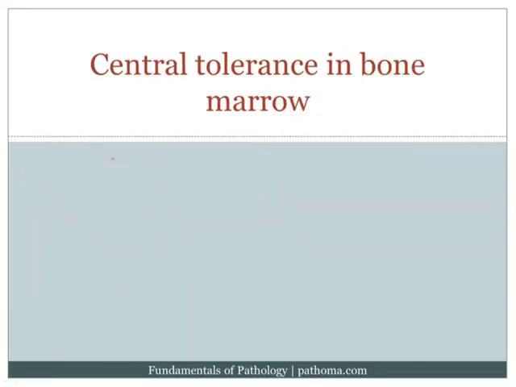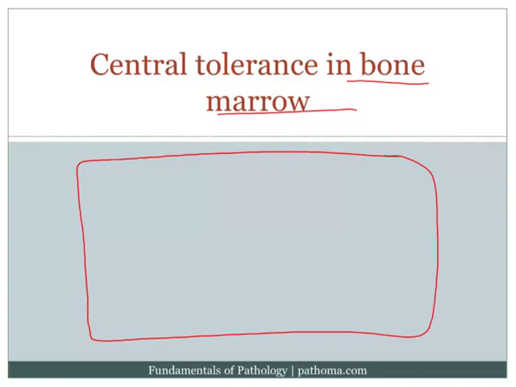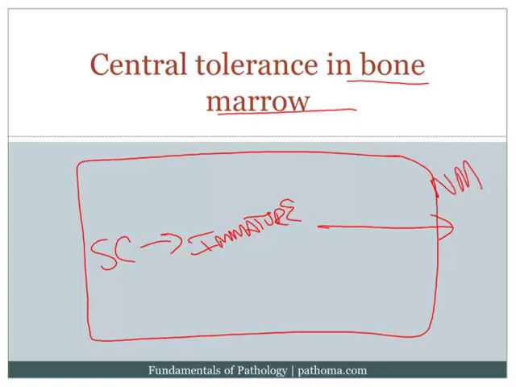Now, moving on to the bone marrow, central tolerance also occurs in the bone marrow, and of course that's going to be for the B cells. When you think about the B cells, it's very similar. Here we are in the bone marrow. The stem cell is actually generated in the bone marrow, and then it progresses and becomes an immature B cell. And then it progresses from there to eventually exit the bone marrow as a naive, mature B cell. So that's the very simplistic normal development that occurs within the bone marrow.